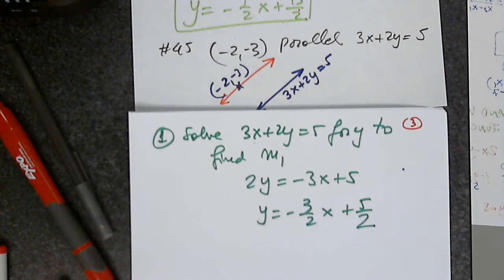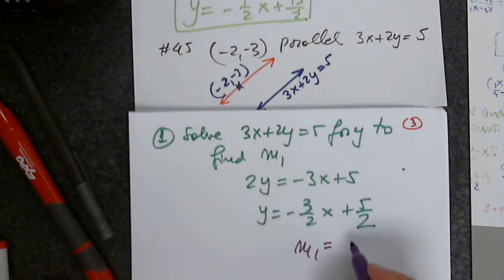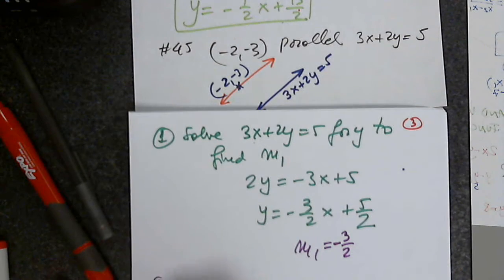Did we all get this? So what is the slope m1 then? Negative 3 halves. The slope has nothing to do with the variable. The slope is only a number. It has nothing to do with the variable. The slope is just one number. Perfect. So now in step 2,